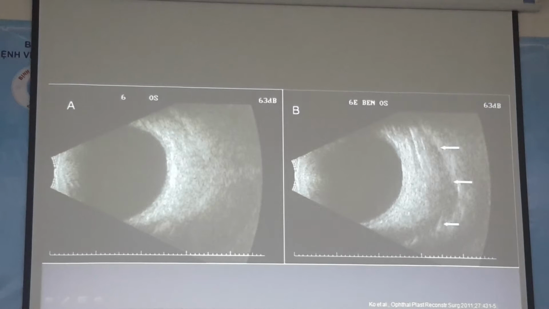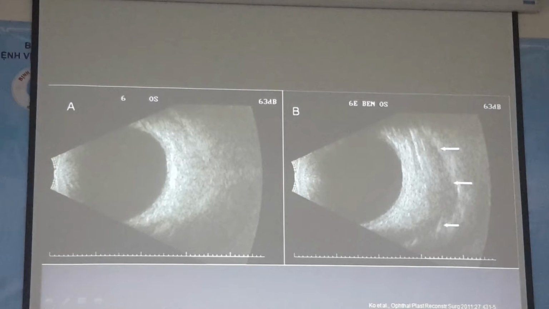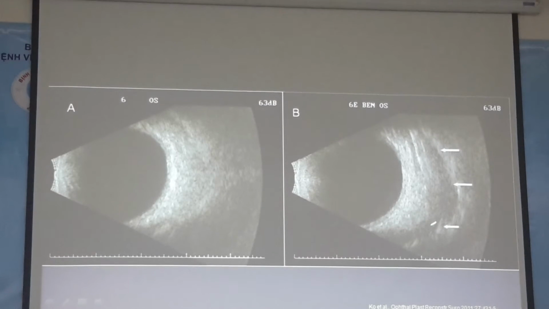And so because of that, we did some work where we looked at whether ultrasound could be just as good at looking at these vascular malformations as MRI might be. And so this is from a paper we published where we looked at patients with vascular malformations with ultrasound with them sitting upright, and then looked with them leaning over and straining to see if we could image the changes in the size of this lesion. And I think you can see that you don't really see much when the patient is sitting up, but when they bend over and cause the vascular malformation to fill, then we see with the arrows that there is now